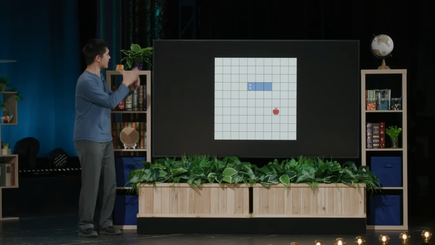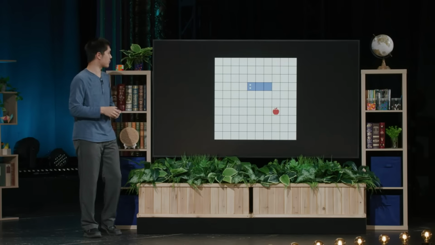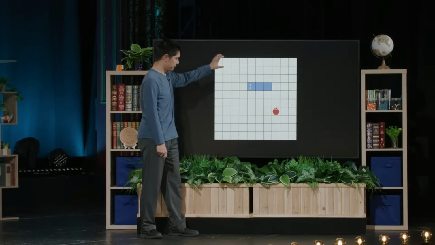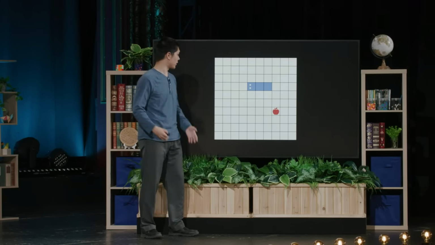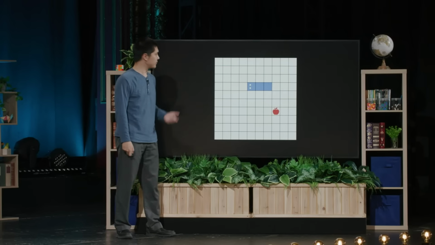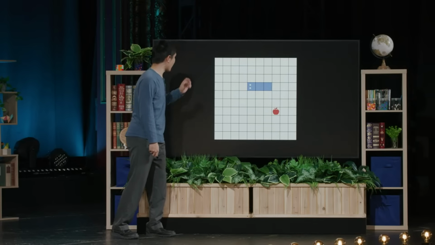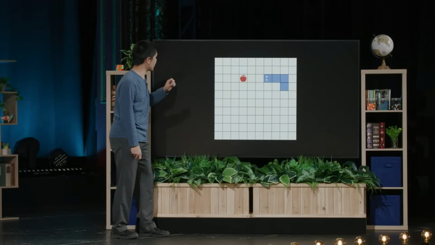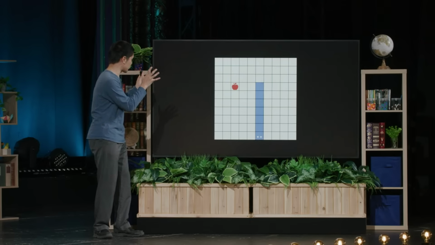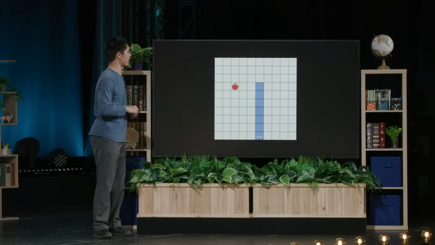We'll take a look at this snake game, which you might be familiar with from old video game consoles or mobile phones, for example, where the idea is that we are this snake navigating this grid. And we're trying to eat as much of the food as we can. There's some food here. And every time we eat the food, the snake gets longer. But what we want to do is avoid crashing into any of the walls. So we can try playing this game. The snake's navigating around. It's eating the food. Every time it gets the food, the snake gets longer. But if it ever crashes into the wall, well, then the game's over. The game stops, and we've lost the game.